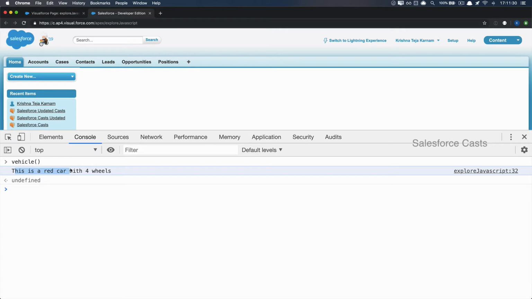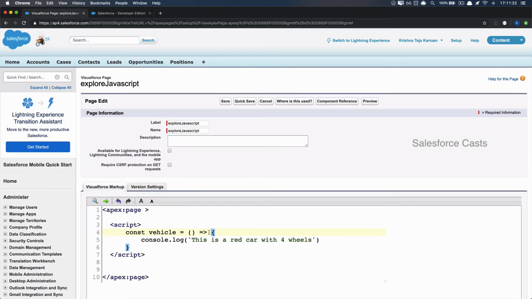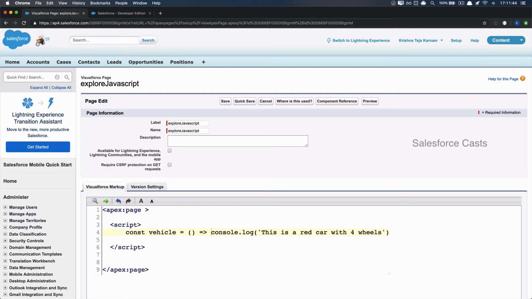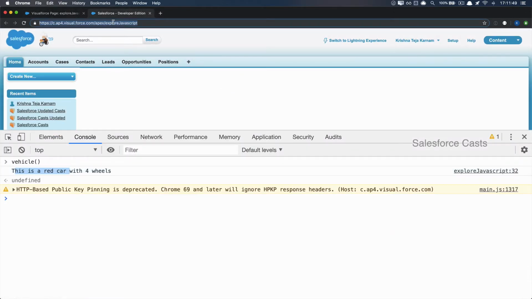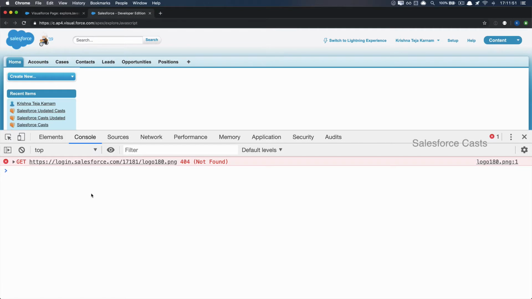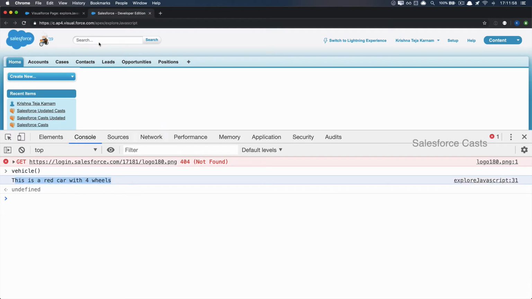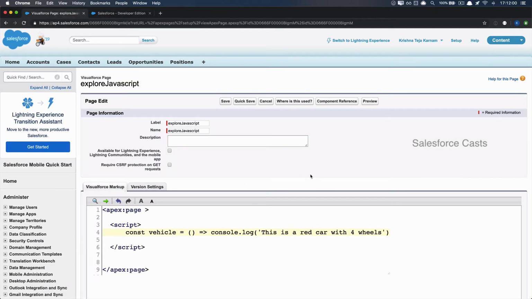And there is one more nifty feature in arrow functions, which is if the body of the function has one statement in it, then you can simply ignore the curly braces here. So I'm going to remove this, I'm going to remove this, and I'm going to get this to the same line like this. I'm going to save this. Let me try to invoke this function right from the console panel here, which is going to be vehicle, and it should show us the same output. There you go, no change in the output. So this is how, if the body of the function has one statement, you can get rid of the curly braces.